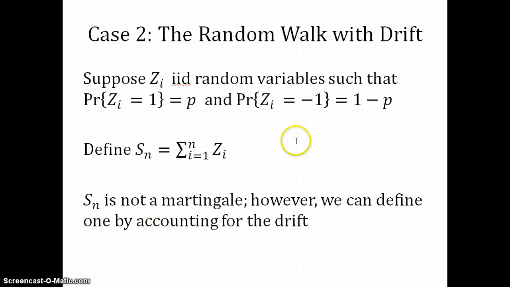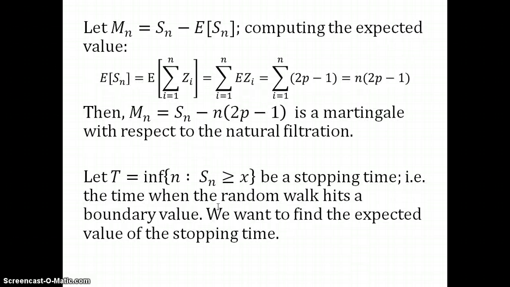Our second case, we look at the random walk with drift. Now suppose that the probability of one step going up is p, and the probability of taking a step down is 1 minus p. Again, we define the state of the random walk as the sum of each of the steps up to time n. Now, this is not necessarily a martingale, but we can account for the drift to make sure that the property holds. So we'll define the new martingale as the state at time n minus the expected value of the